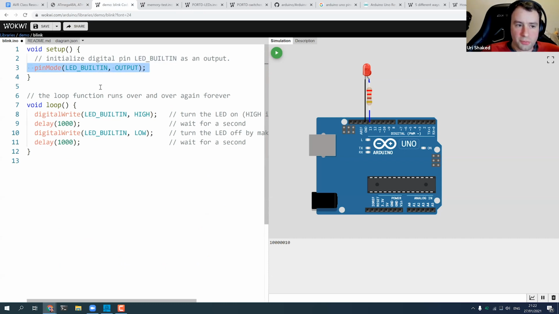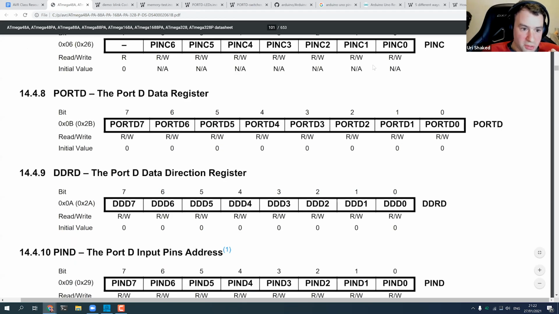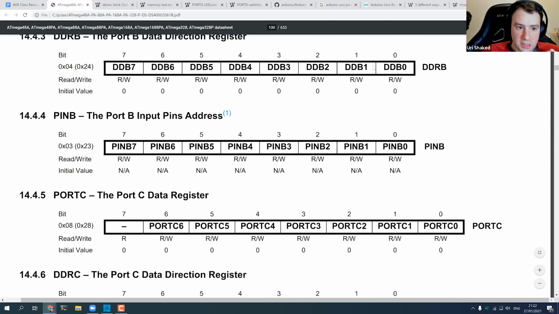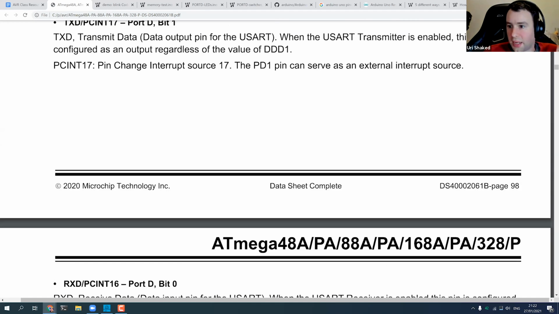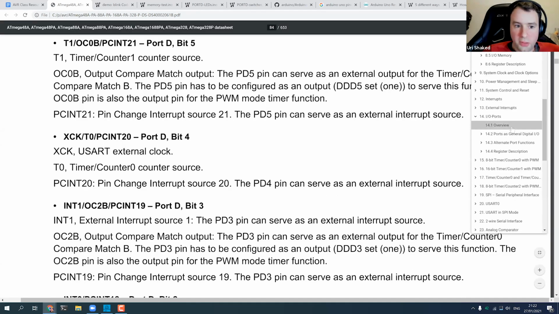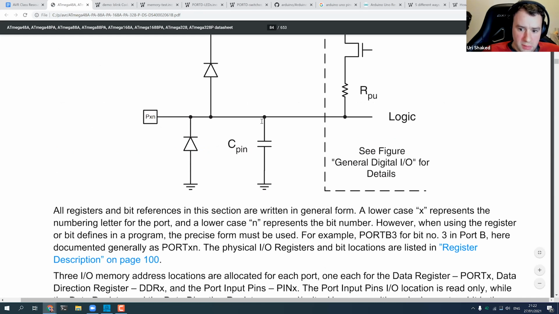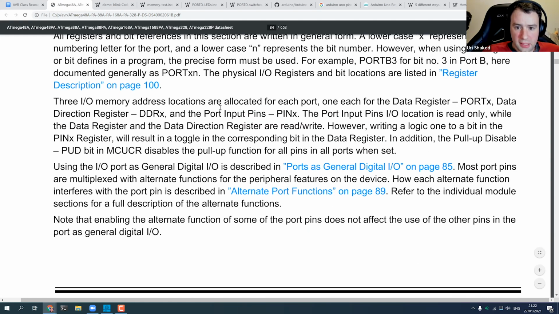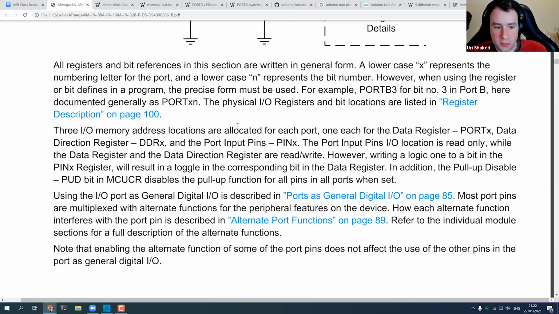So what is the equivalent of this code in this GPIO length? To get an answer for that, we actually need to read the text and not just look at the registers, even though sometimes just by looking at the registers, you can get a pretty good understanding of how you would do things. There is a lot of data here, but I think this is where they start to explain how things work.